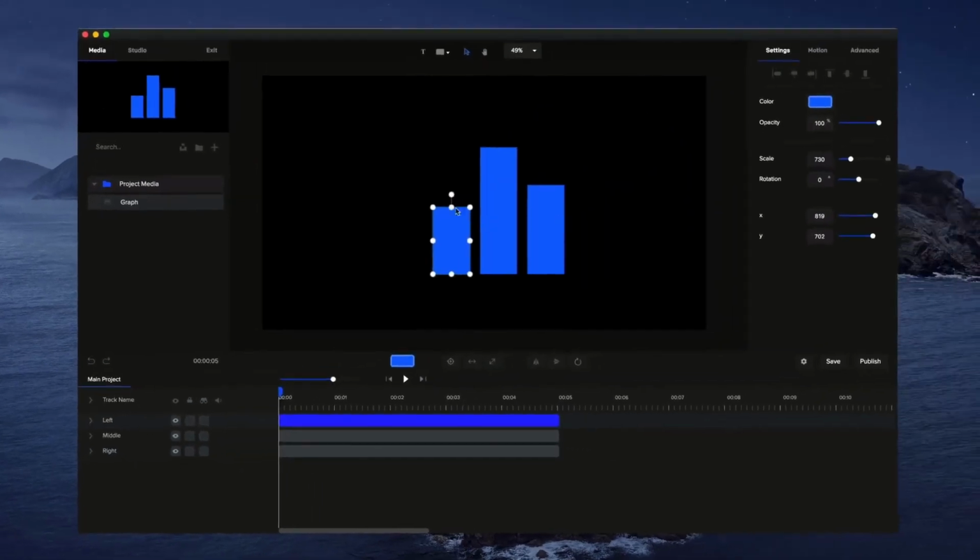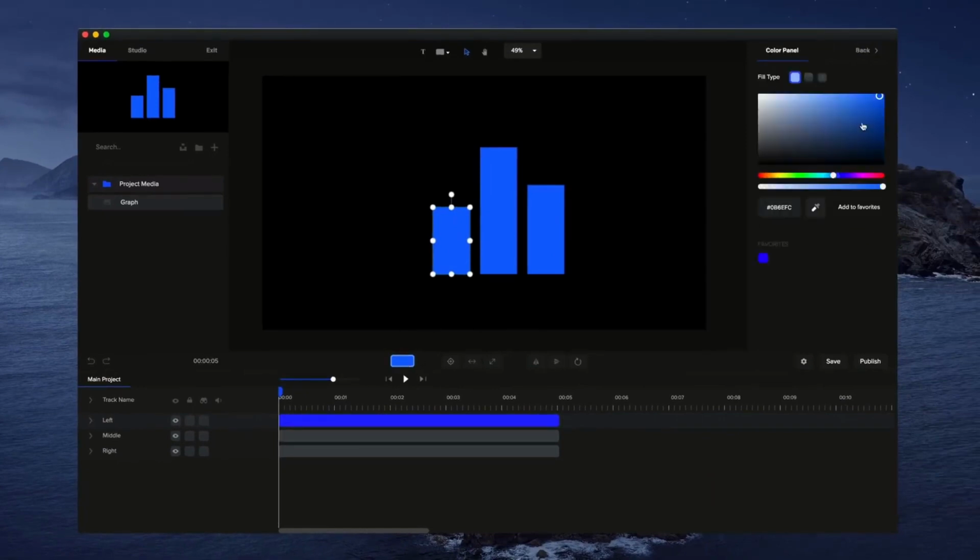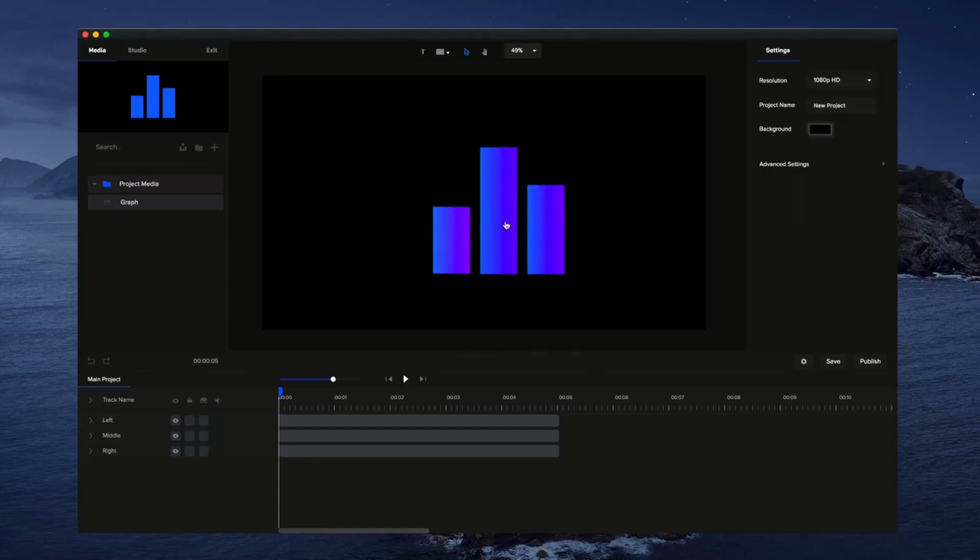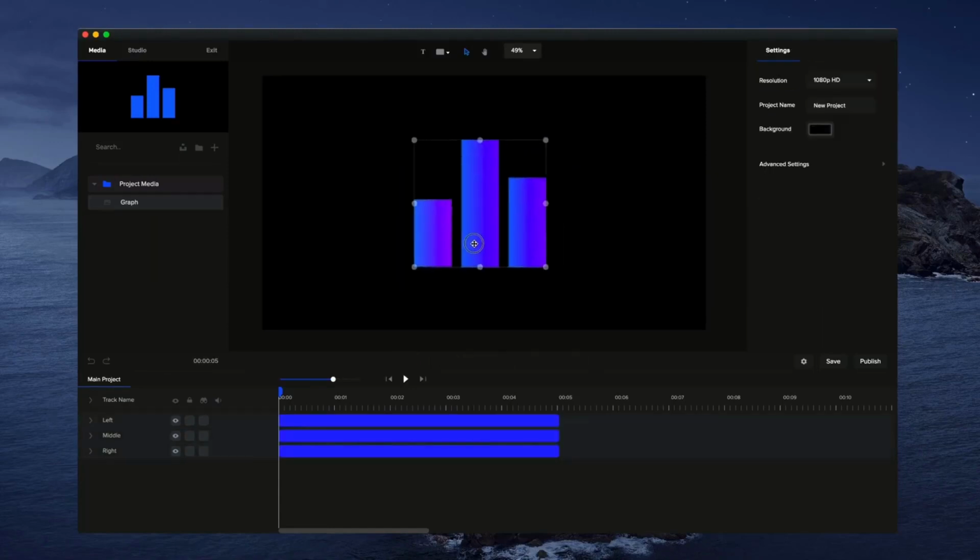Now you can also go through and click on your SVG shape and click on this color over here, and you can adjust the colors as you like. You can add gradients to them as well if you want to make it like so. So let's go and bring that up like that. So now that I've created my design, I'll just drag these into the middle,